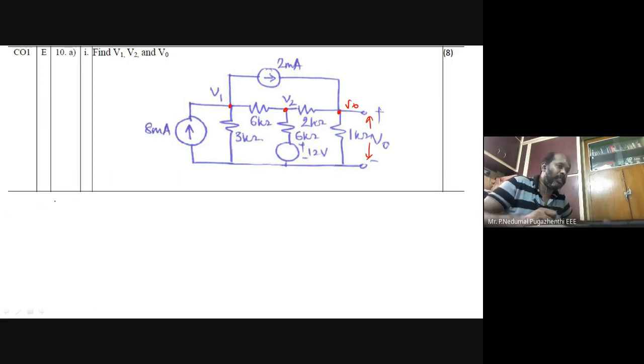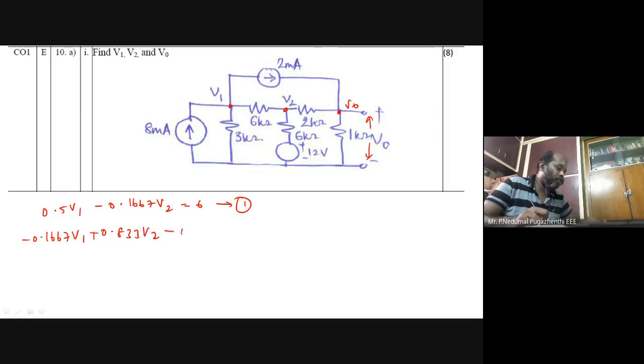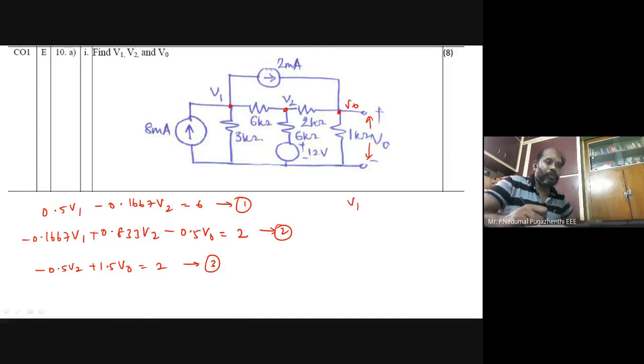You can see that when you consider V1, you will be getting 0.5 V1 minus 0.1667 V2 is equal to 6. This is your first equation. Then considering your second node, you will get minus 0.1667 V1 plus 0.833 V2 minus 0.5 V0 is equal to 2. This is your second equation. Third equation is considering V0, you will get minus 0.5 V2 plus 1.5 V0, which is equal to 2. You have 3 equations,